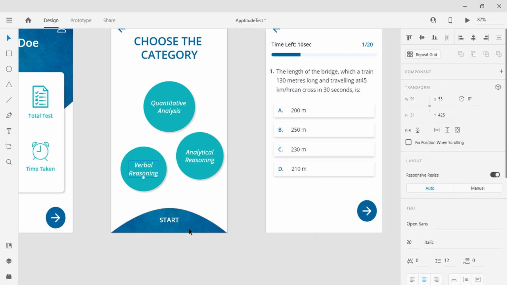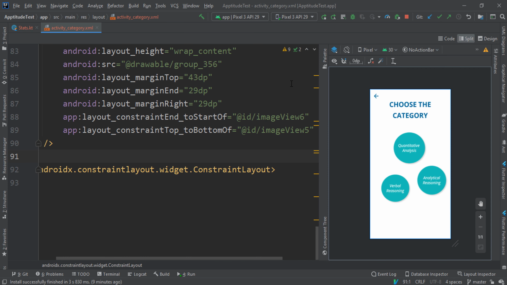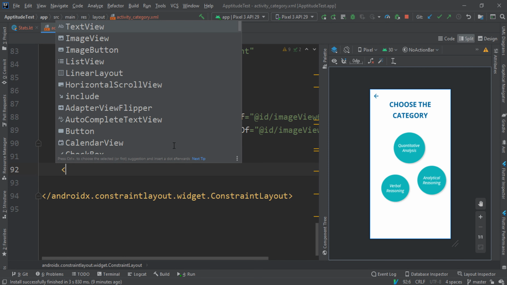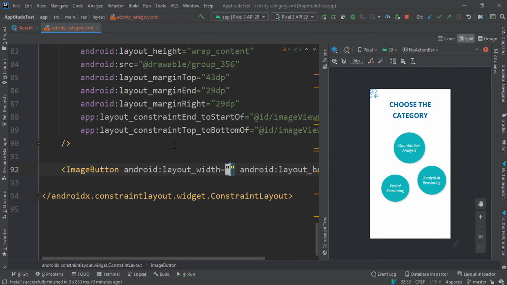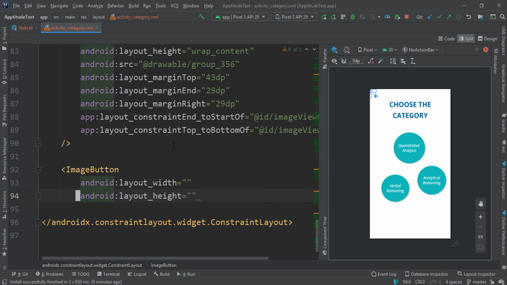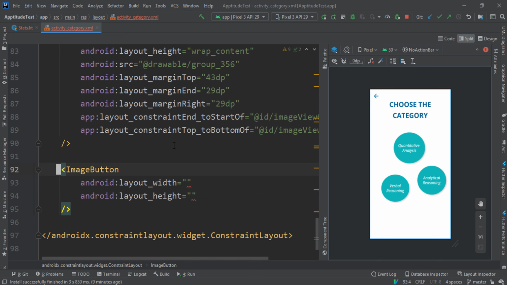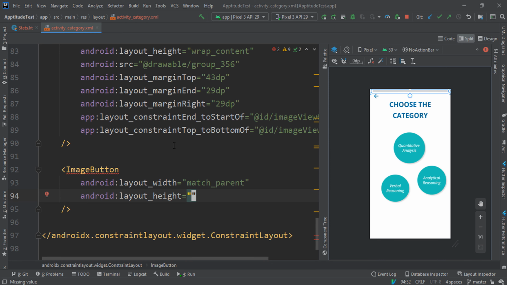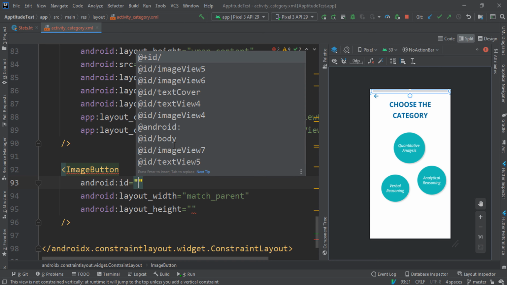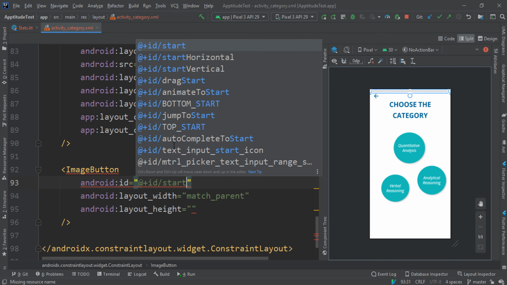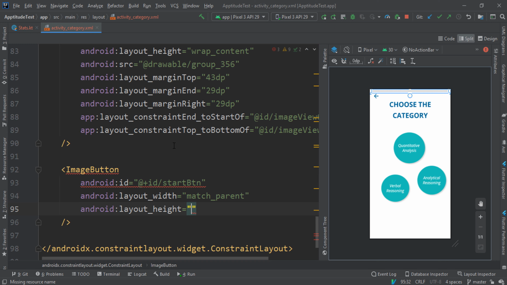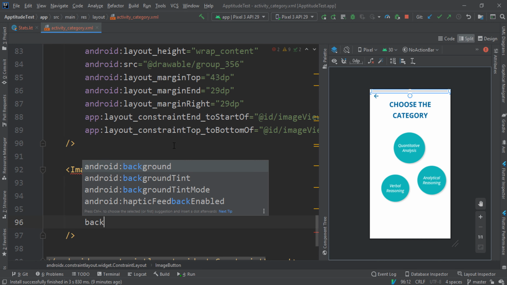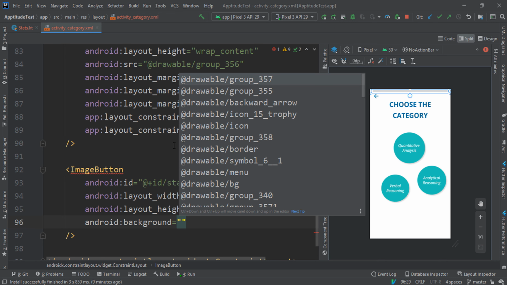And lastly, let's go ahead and bring in this image button as well. That's the last thing we are gonna do for that one, and that's gonna be an image button. So this one is gonna have match parent, I guess, because we have to make use of the full width, but we can give it an ID because we're gonna be making use of this from our Kotlin code, start button. And for this one, we can wrap the content,